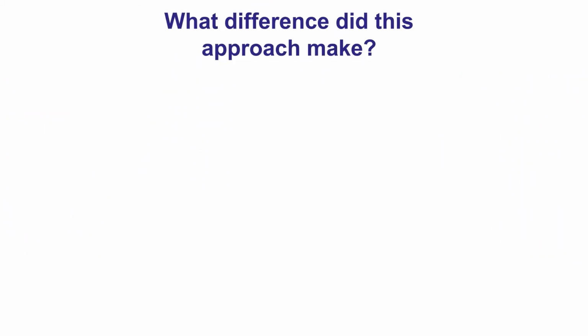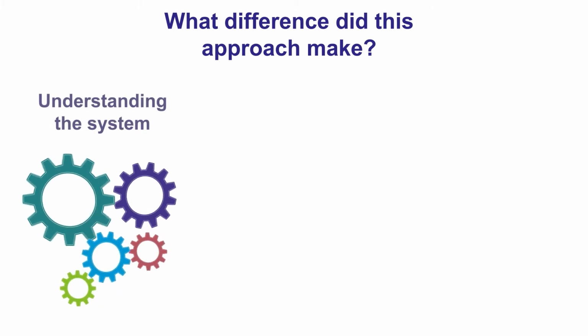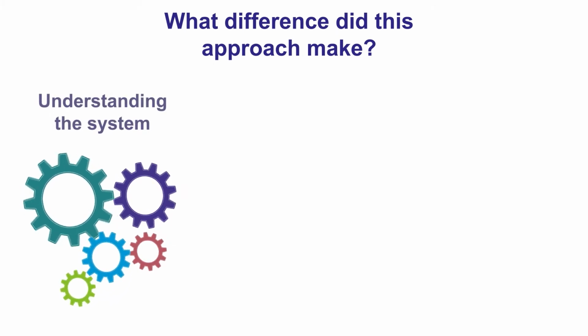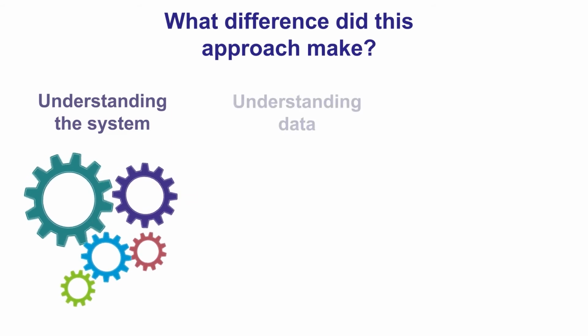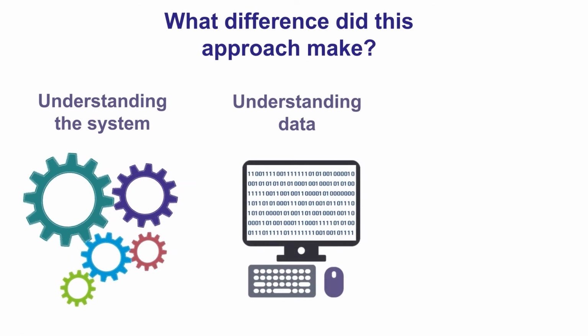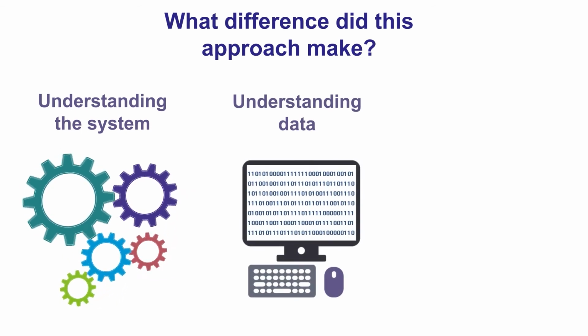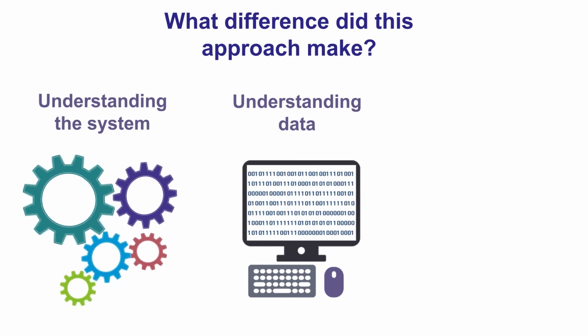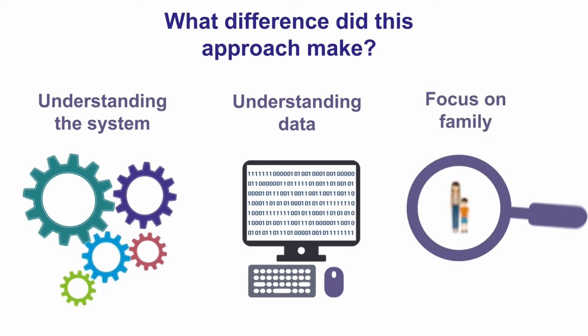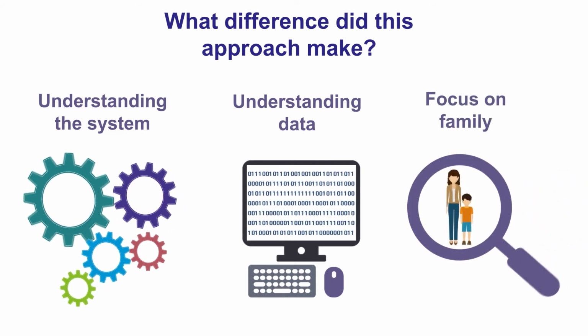Inverclyde reported 3 main benefits from this process: a better understanding of the local child poverty system, improved professional relationships, and a shared understanding of roles; a better understanding of data and how to use it to produce a range of key performance indicators and evidence-based child poverty priorities; a focus on families in need and understanding what's important to them and how to best support them.